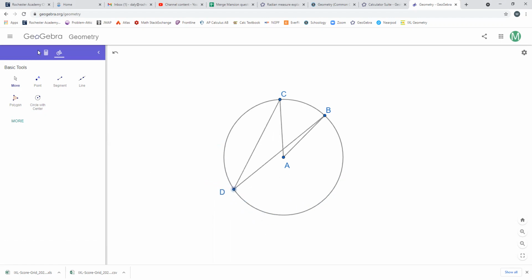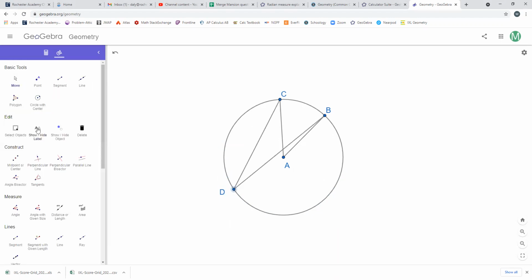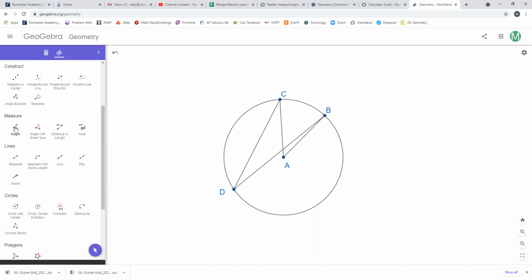All right, and now what I want you to do is we'll click more here and we'll click measure angle. And I want to use this to find the measure of the two angles. Okay, so I'm right clicking on the labels. You can do this with the vertex labels or other markings like this,